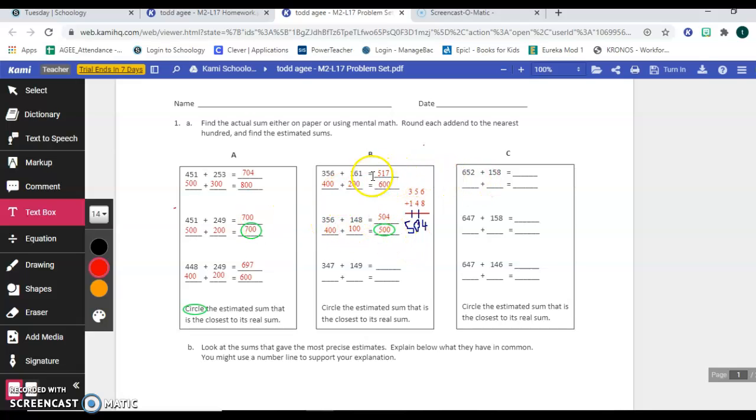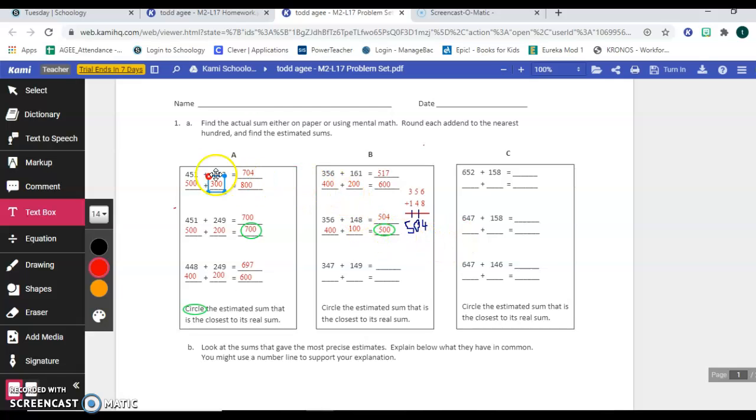One is slightly above, or in the top example, both are slightly above 50. In the bottom example, both are lower than 50. In the middle example, one is above the 50 and one is below the 50. So the one that has the one above and one below is going to give you a closer estimate to the actual sum, because you're not rounding